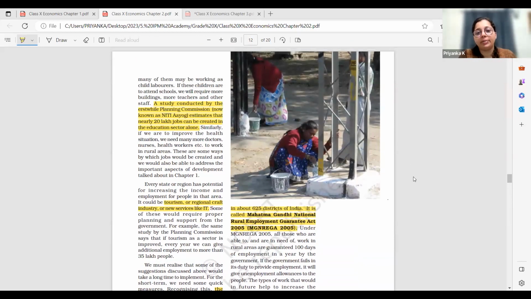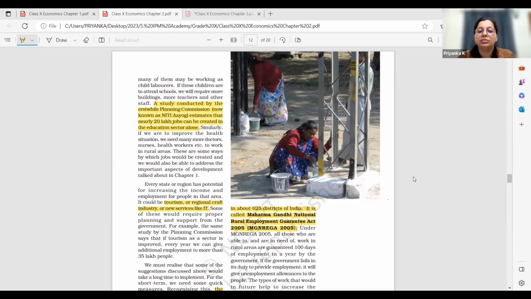And before ending, one more thing I would like to add is, when we look at the sectors, we have primary, secondary, and tertiary sector. And even there, we have another kind of classification called organized and unorganized sector. So when you look at the organized sector, it constitutes people who are working in companies or organizations where they have some kind of job security. There are rules and regulations ensuring that they have minimum wages and